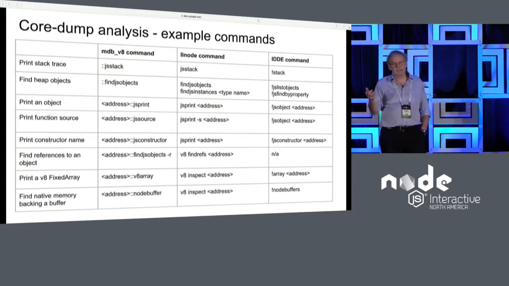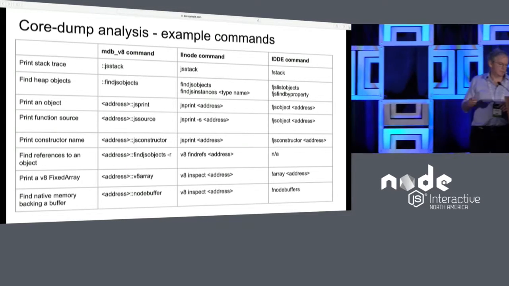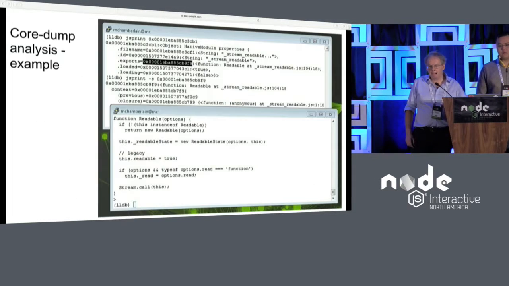The find JS objects and find JS instances commands let you either list all the objects in the heap or go and hunt for particular objects you're interested in, like Yunong did, or objects by property name. And JSPrint to print those objects. And then further on down, there are more commands than listed here, but further on down, there's find references, which is important when you're looking for memory leaks to find out what's keeping an object alive. So you've got ways in which you can navigate around the core dump using those. So a good set of commands now on both those two debuggers, which covers the platforms we need.